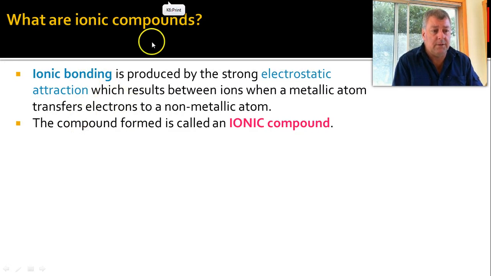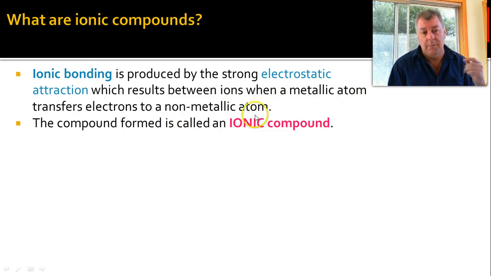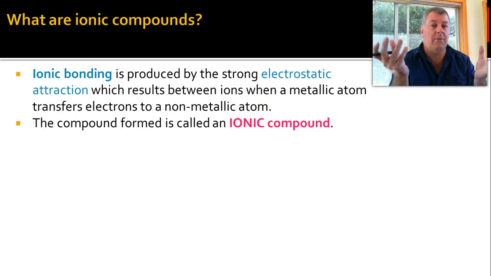Ionic compounds are compounds that have ionic bonding, and they are produced when you have an electrostatic attraction between ions of a metallic atom and a non-metallic atom. Basically, what this is trying to say is, you have two ions. Remember how we formed ions? Ions are when you have a neutral atom and it gains or loses its valence electrons,